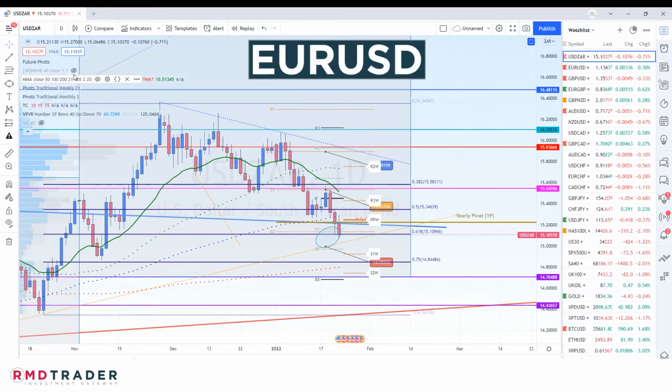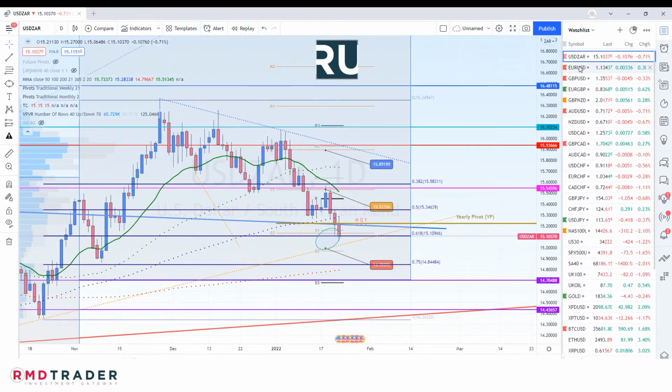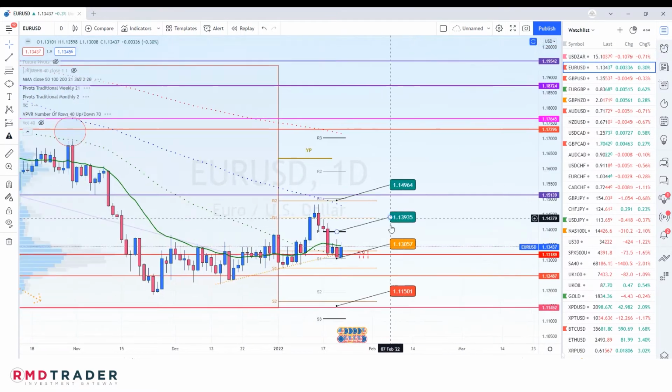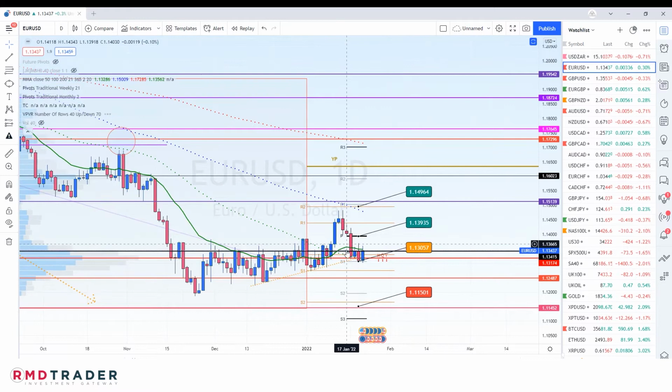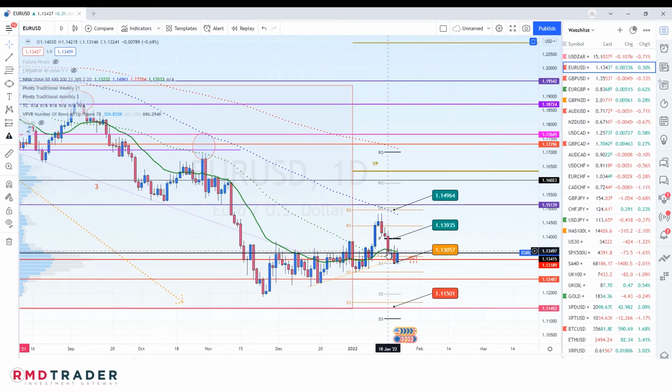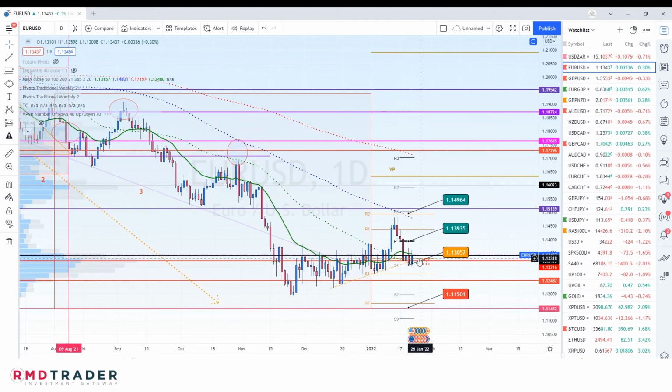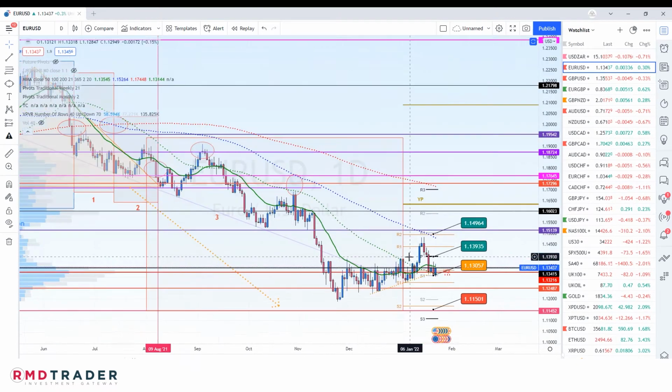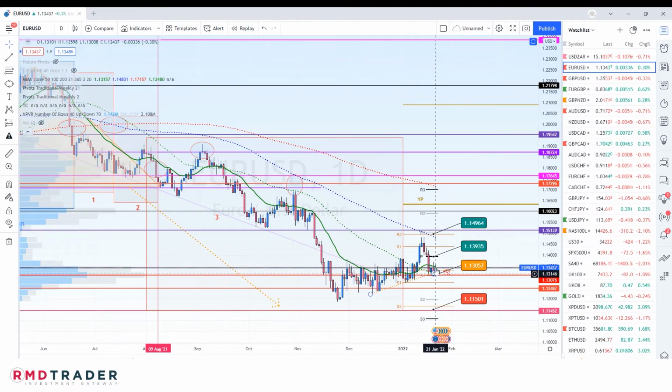Moving on now to the EURUSD. The EURUSD has also come back to test this diagonal support area and also the weekly S1 pivot. It does appear to be bouncing somewhat from this area currently, but overall price definitely struggling to get its footing